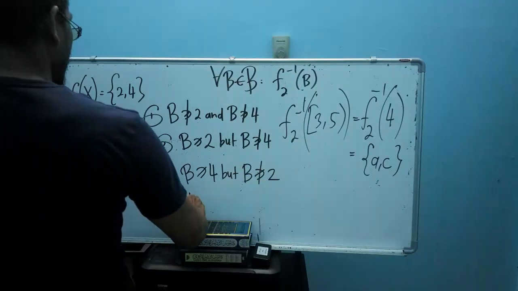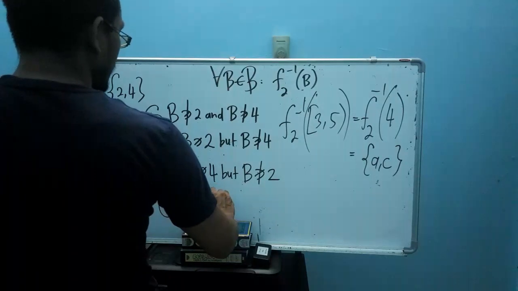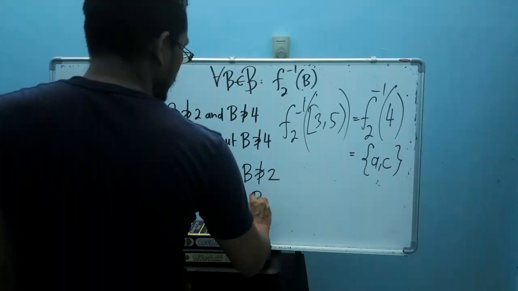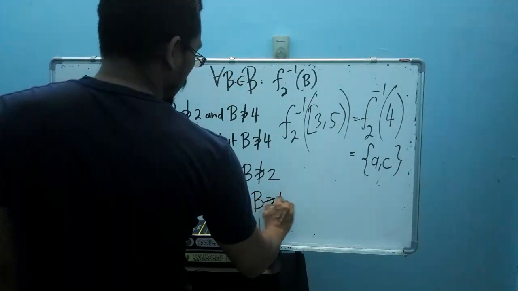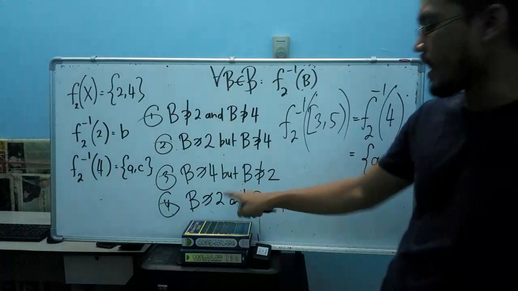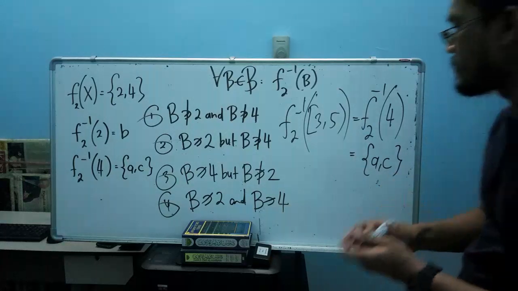Okay, so for the last one, I will consider such a Borel set that contains 2 and also contains 4. Meaning that such a Borel set here has these two values, 2 and 4. So for example,